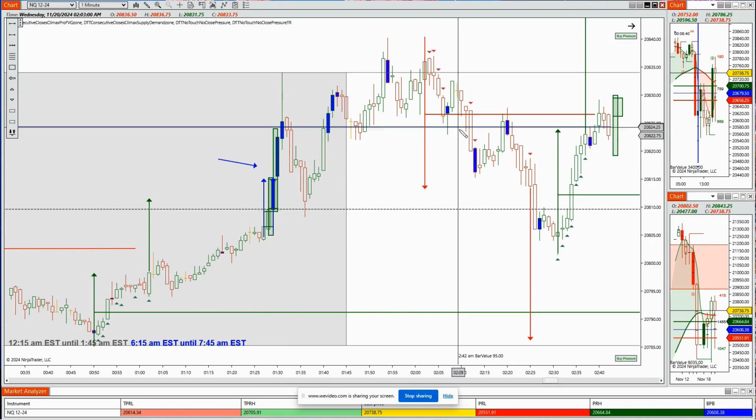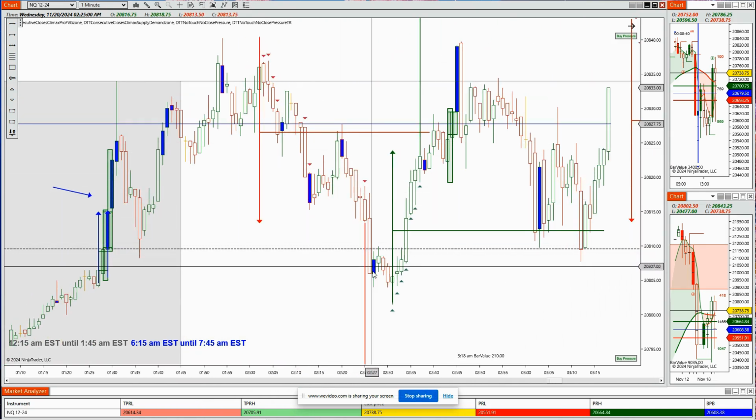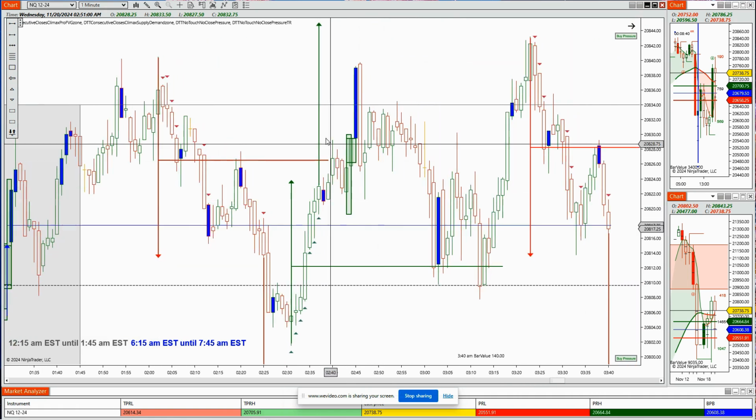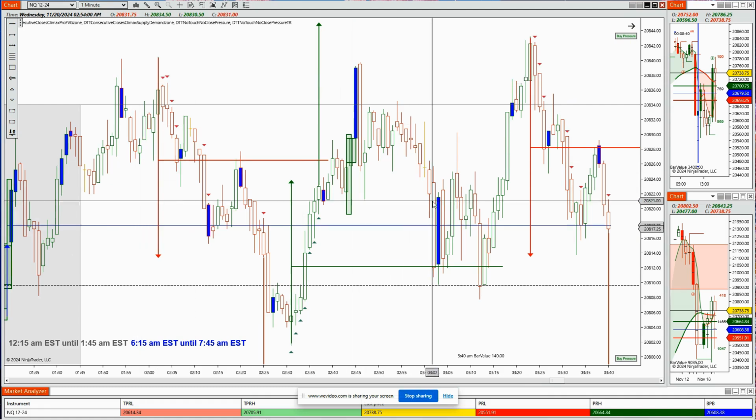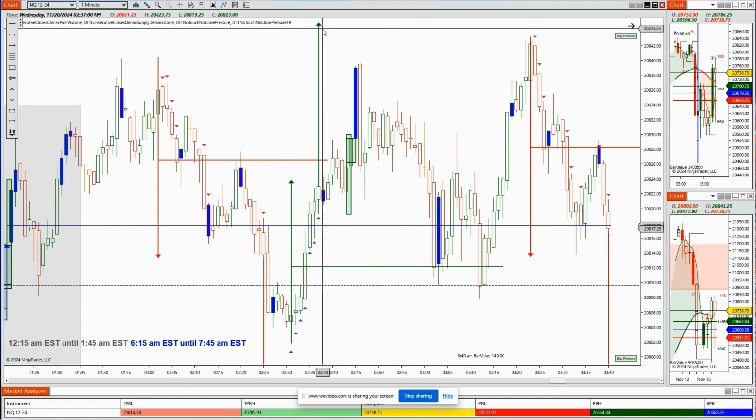Now, here's that high. They pushed up to it and then began to make a trend down, pulled to the center of it, and then they gave you some more of that. And then, of course, they went up here again. They didn't want to break it straight away and then kind of leaned back down into the center of this uptrend. And that's when they commenced to make that distance there.